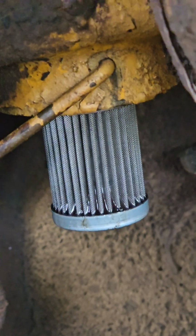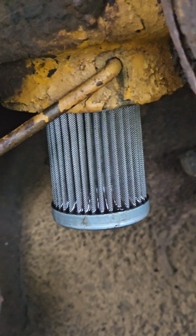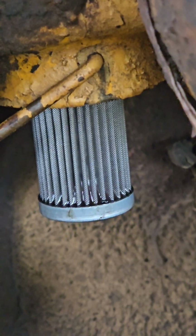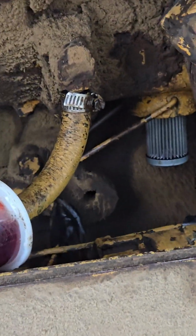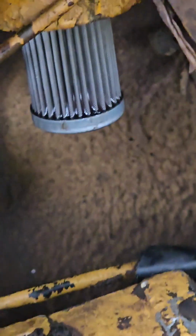It has a Phillips screw in the bottom of it, screws up into that housing. The one that came out of it didn't have that, and you kind of had to play with it because that spins on a bolt. It's not even a bolt, it's flat on the end. But anyway, that's the screen part, and then of course it's got a rubber seal up in the top of that,